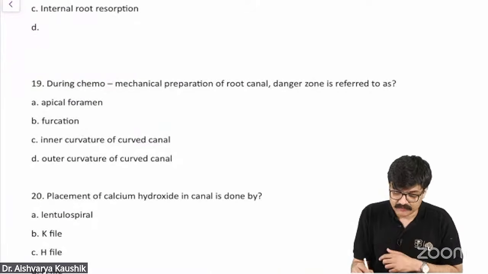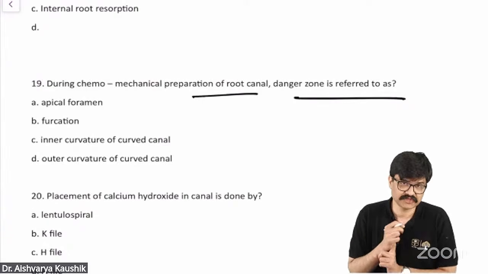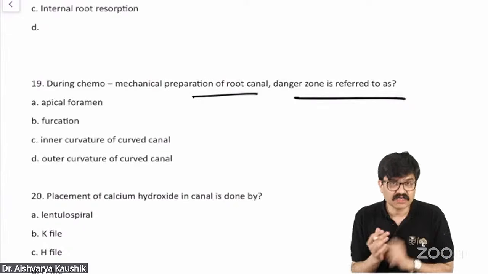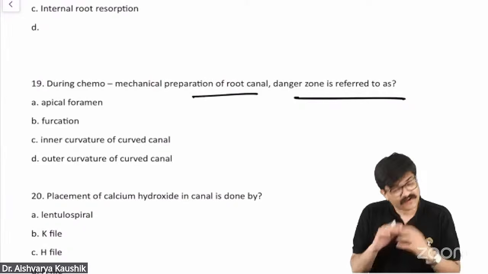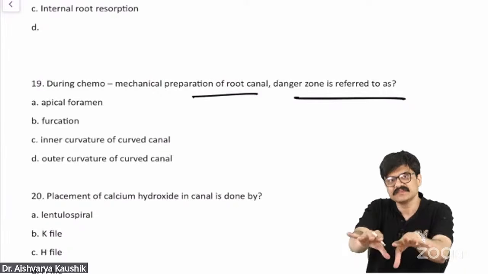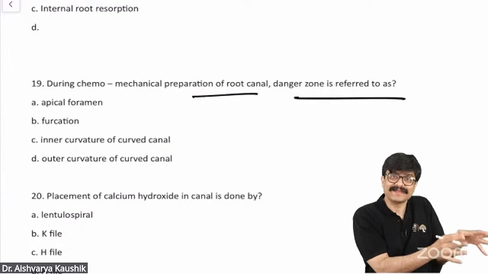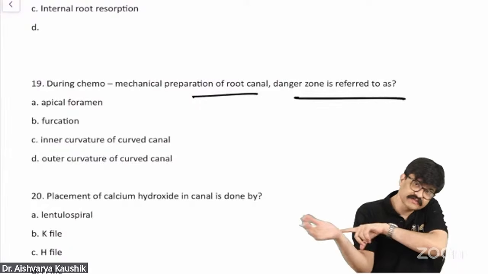During chemomechanical preparation of the root canal, danger zone is referred to. It is the inner curvature, guys, where the dentine is thin. Inner curvature of the curved part of the root canal. Now that corresponds many a times to the furcation area of the distal surface of the mesial root. Yes, but the danger zone, yes, furcation area can be a danger zone for the distal aspect of the mesial